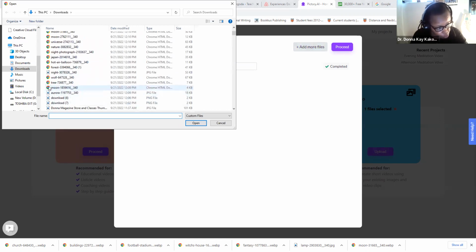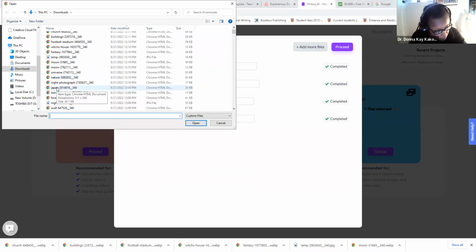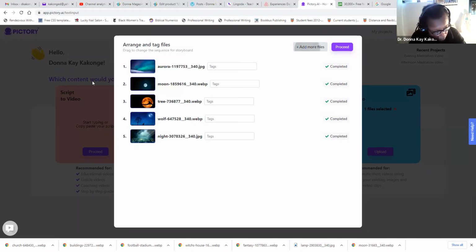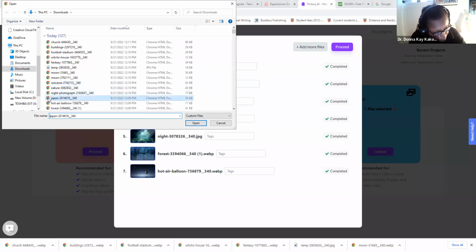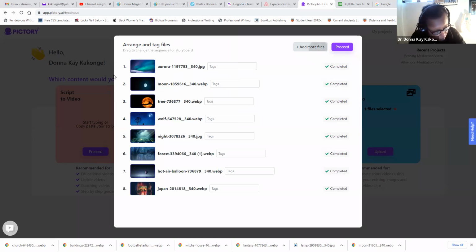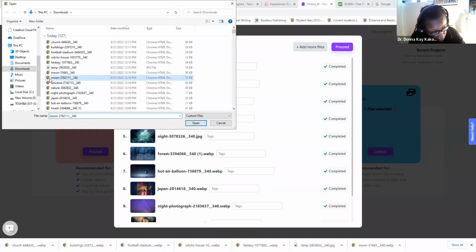Okay, so start it off with Aurora, then Moon, then Tree, then Wolf, then Night, then Forest, then Hot Air Balloon, then Japan, then Night Photography, Nature, Universe, Moon, another moon,